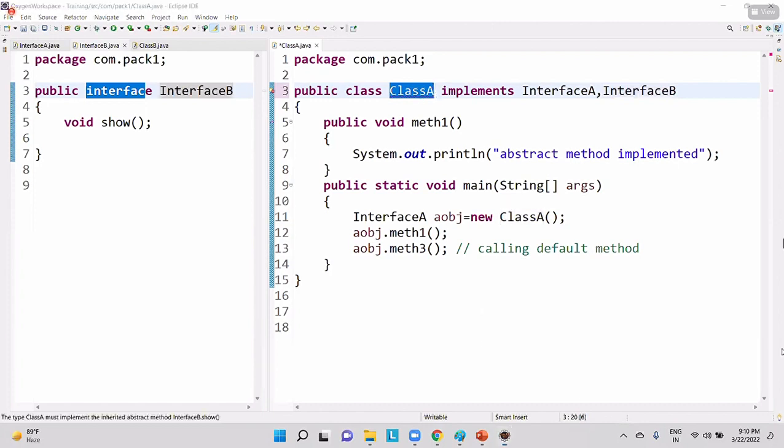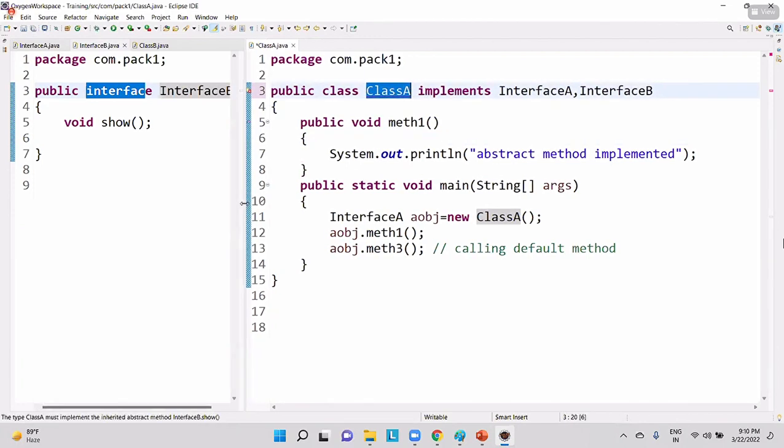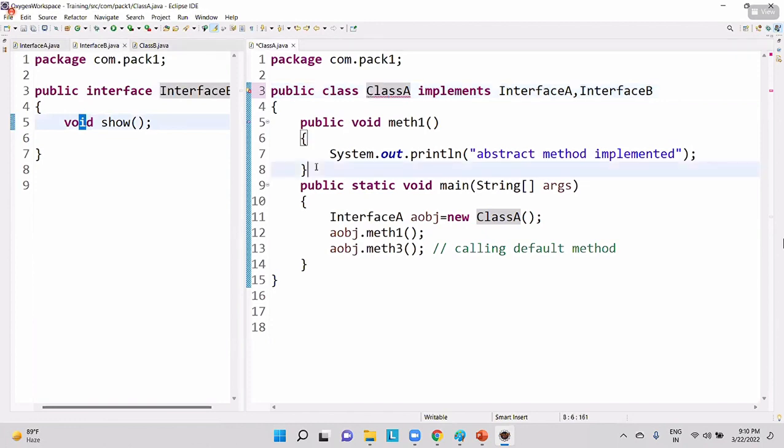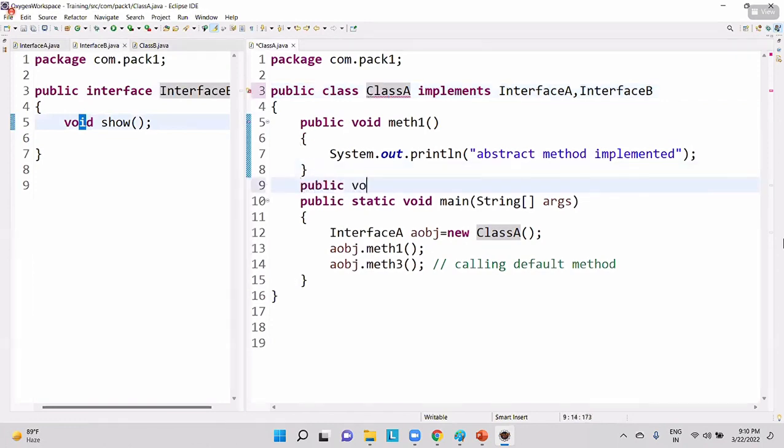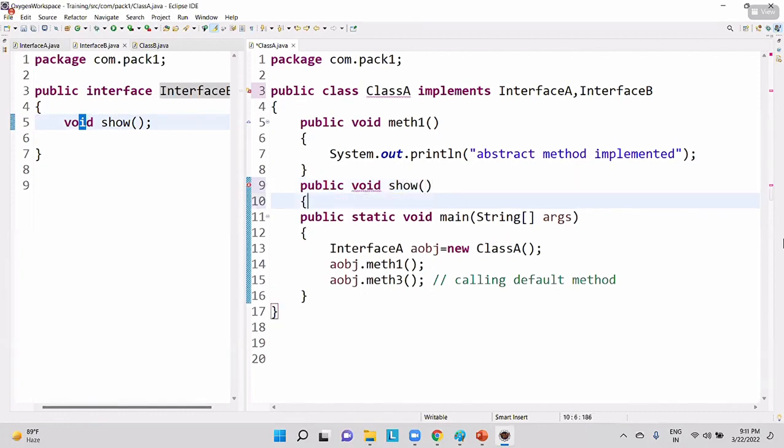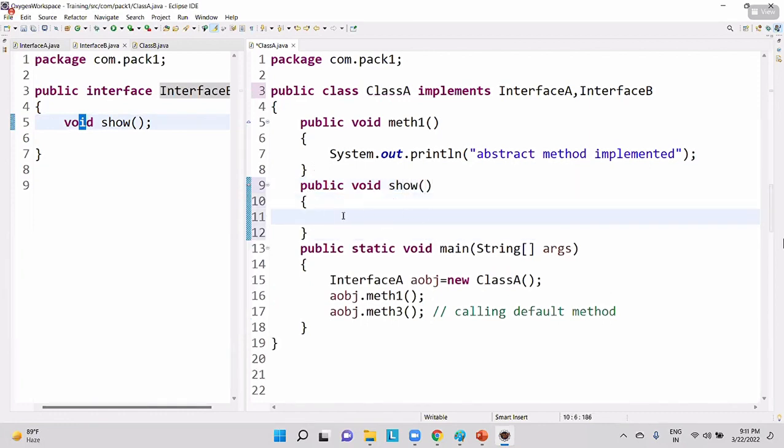This is the way we can achieve multiple inheritance in Java with the help of interfaces. For example, sir, why am I getting an error? You are getting an error because in interface B also you have this abstract method. Please provide overriding. Public void show method,